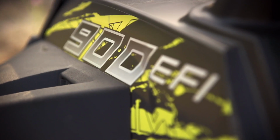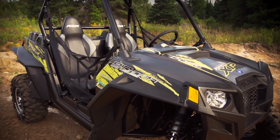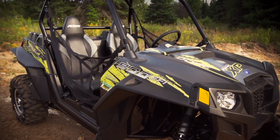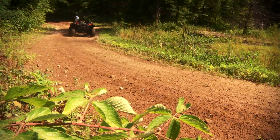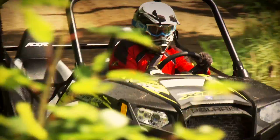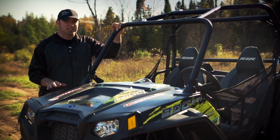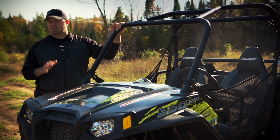But in the wake of Polaris's RZR 1000 XP release earlier this year, the question on most people's minds, including my own, is simply this. Is the RZR XP900 still good enough to stand on its own? Or will it become a blur in the background of the 1000? So let's take a look at what the XP900 is and see whether or not it has a place in